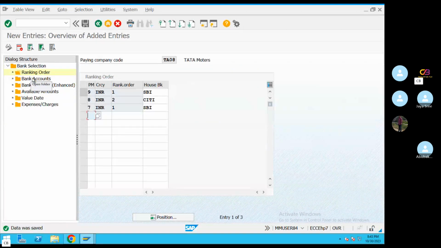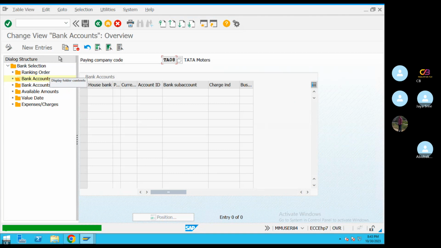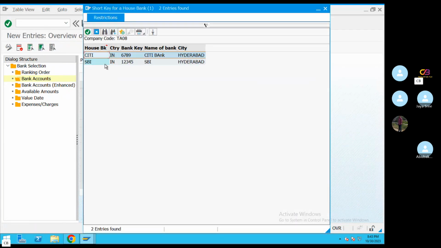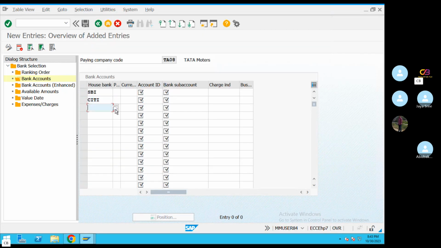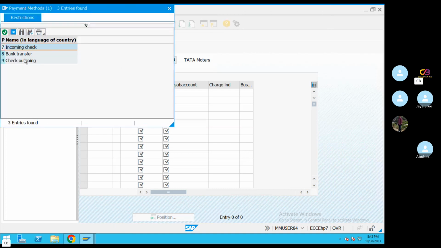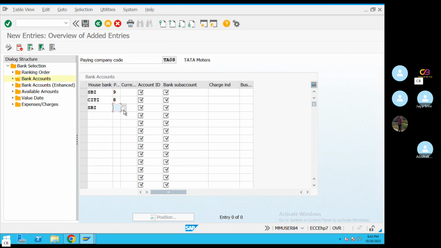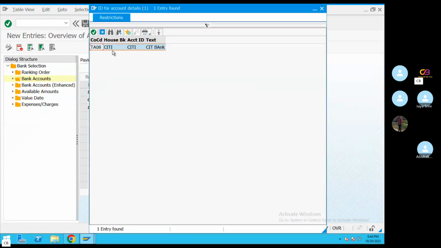And the second one is go to bank orders, new entry. So House Bank, SBI Bank, and the second one is City Bank. So take the sequence, okay, what we have given earlier, the same sequence. Okay, this is 9, this is 8, the same sequence you need to follow. Okay, so currency, account ID. So account ID, SBI ID. Okay, City,